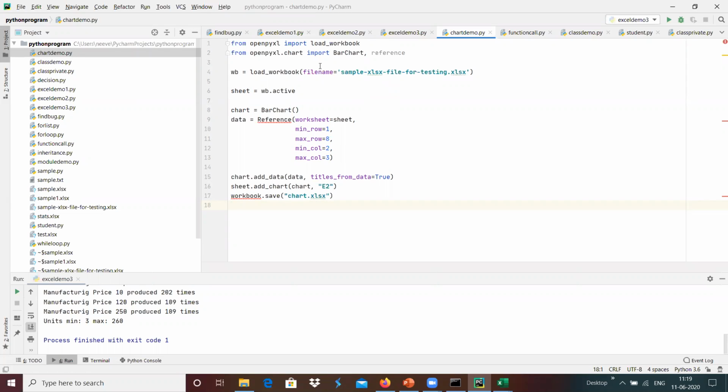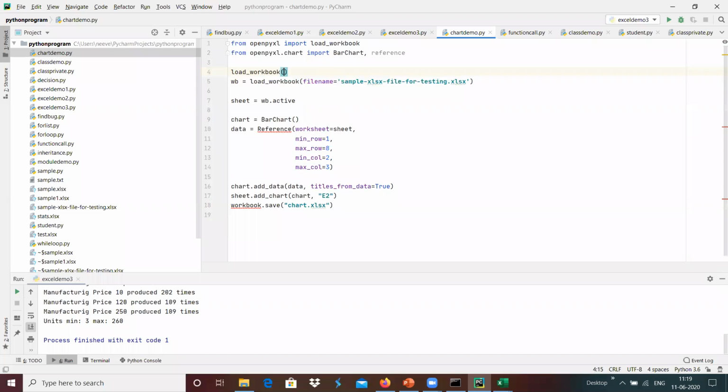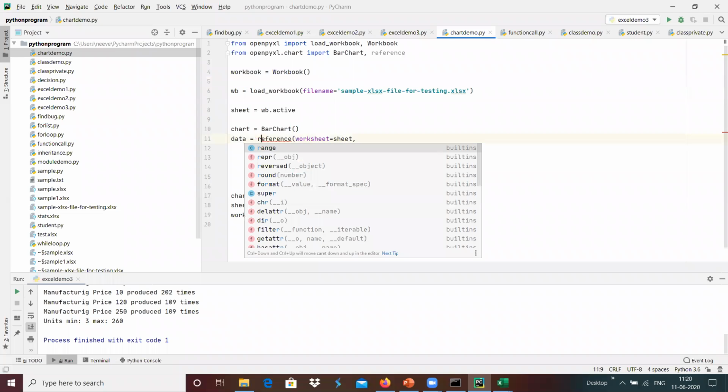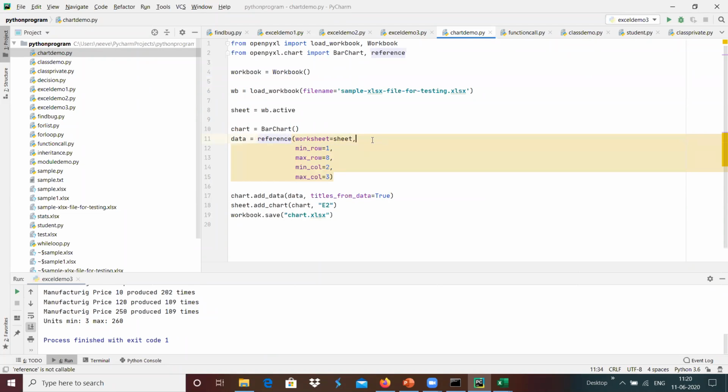Yeah, maybe workbook. Instead of load workbook, I'm going to do something like a workbook over here. Workbook equals workbook over here, and maybe the reference over here, and the sheet I'm going to update.